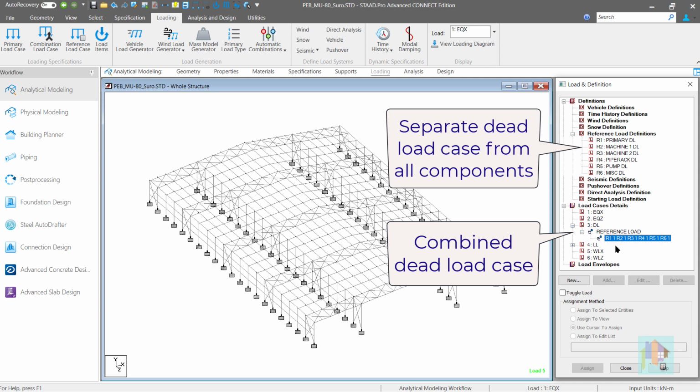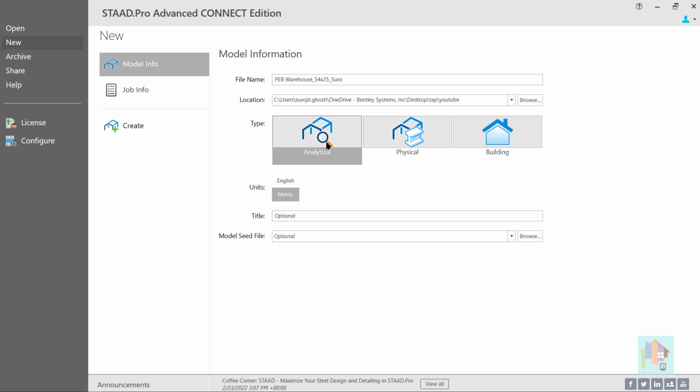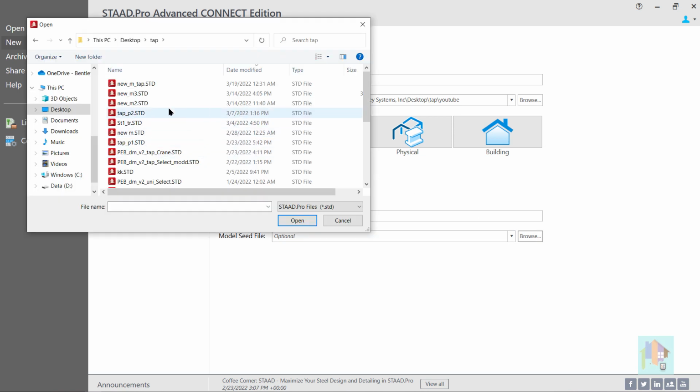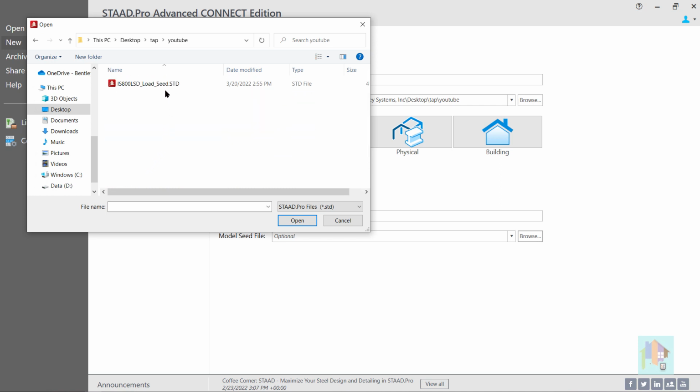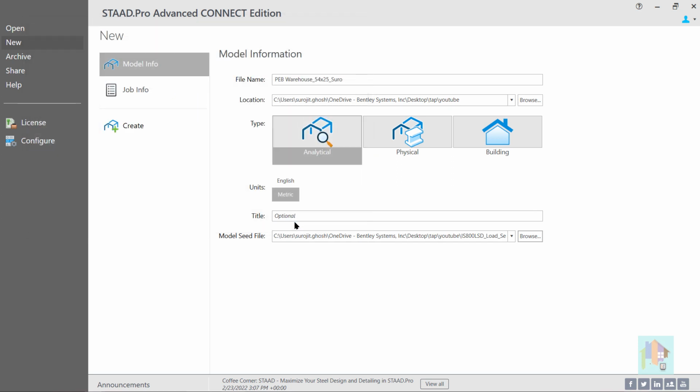This is a more organized approach and we can eliminate the analysis result of the isolated case. For this model, there are only a few loads, so we can use primary load cases. For more details on reference load case, you can check my previous video on reference load. In this model, I have imported all primary load cases from a seed file, which I have covered in part 2.1. During model generation, a seed file is used which contains all primary load cases and load combinations as per